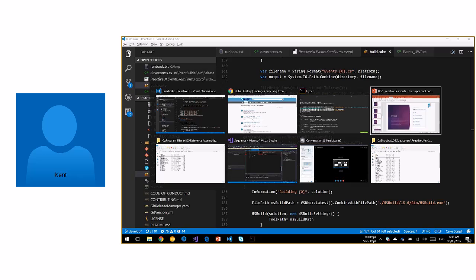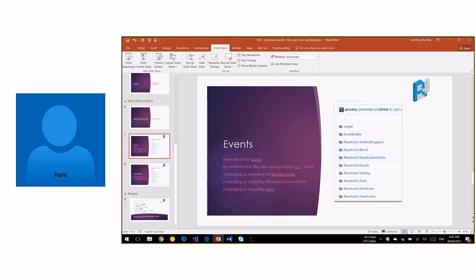Yeah. I guess the other wider question here is, should we be working towards having this whole events thing as part of, I don't know, maybe a separate project, or maybe actually part of Reactive Extensions itself? Because it is, like you say, nothing to do with Reactive UI. I'd be supportive of moving it out of Reactive UI and it being its own separate thing, except having